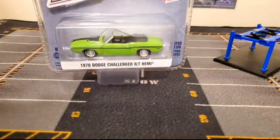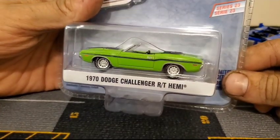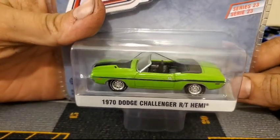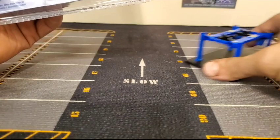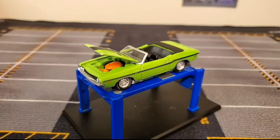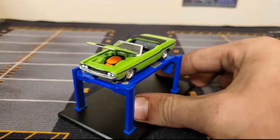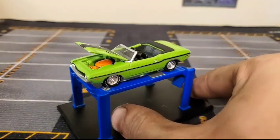And we will get into our last vehicle for tonight's video. The 1970 Dodge Challenger RT Hemi. Another 426 Hemi car. So we will get that opened up and onto the lift. Alright, so here is our 1970 Dodge Challenger RT Hemi convertible in, oh